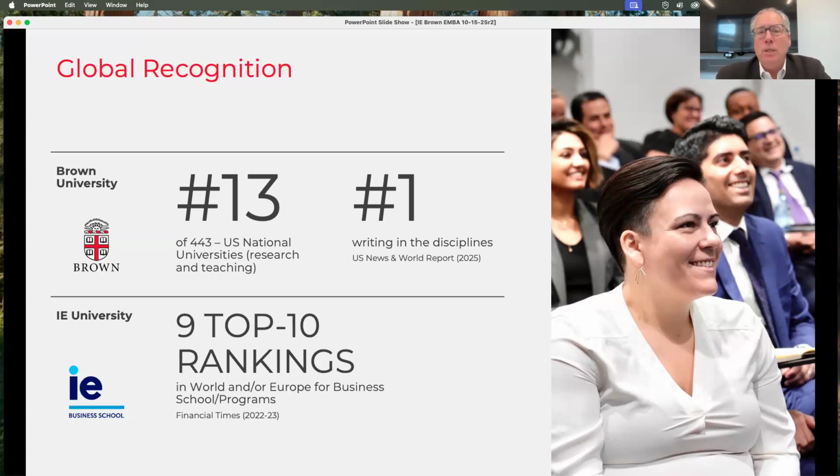Brown usually ranks in the top 20, number 13 in the United States in the category of national universities, which in the parentheses is research and teaching. What I love about that is that teaching has always been a really important aspect of Brown. Faculty who teach in social sciences, sciences and engineering, and the humanities in the IE Brown program are the same ones that teach undergraduates, other master's students, and PhD students at Brown. So we rank number 13